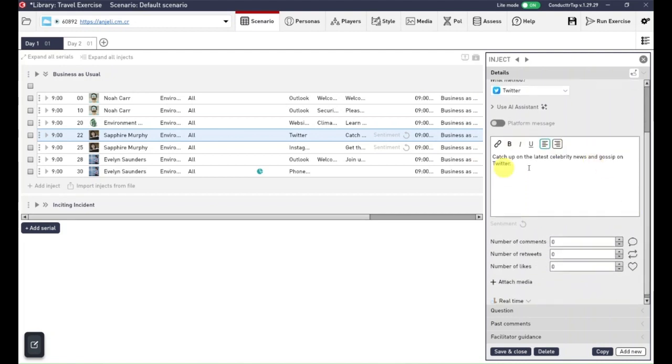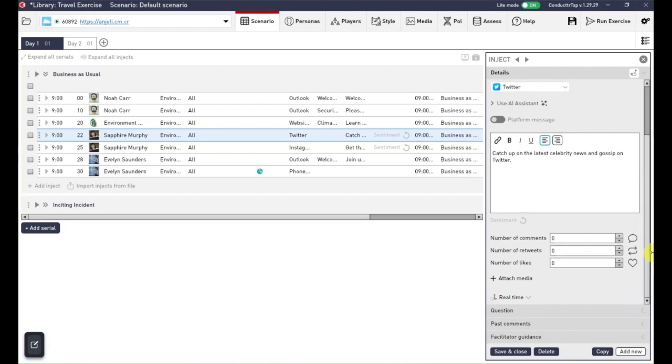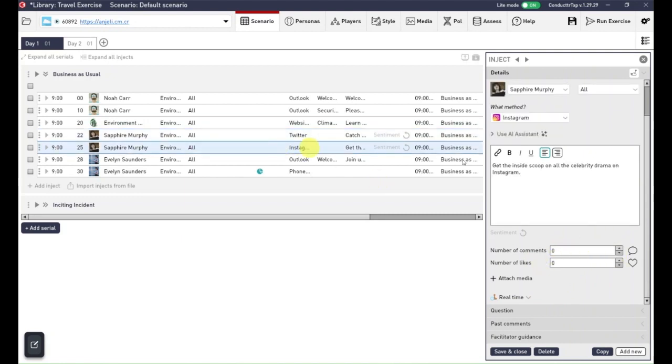Another thing I would say is when you're creating tweets and social media posts, to add comments and retweets, and this helps to ensure realism. So number of comments and retweets. Oh no, that's probably a bit too much. So once you've added a bit of influence on your tweets, if we go to Instagram,